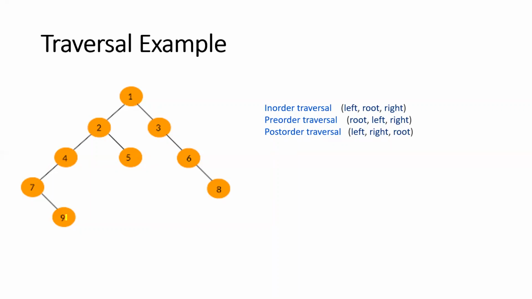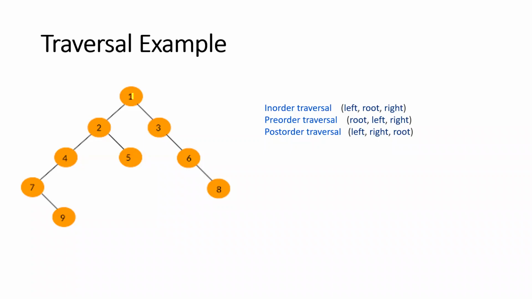Then it will go back to 7. Because left is not there and right we printed, then we have to print root. Root is 7. Then it will go back to 4. Then 4 will be printed, ma'am, because left is over and right is not there. It will print 4. Then again it goes back to 2. Left of 2 is printed, so it will be printing 5, the right node. Then again move back to 2, printing 2.